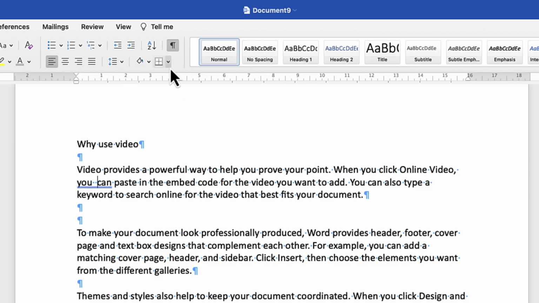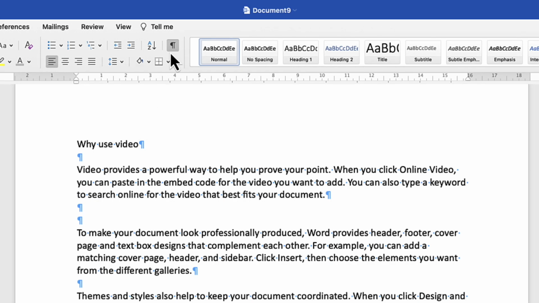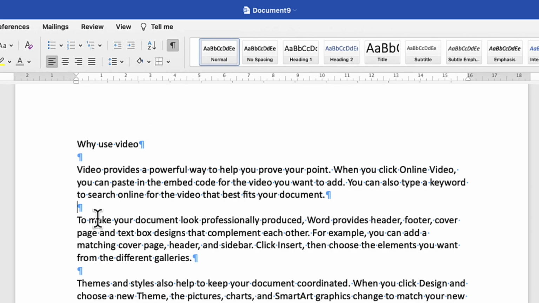For example, if I turn off Show and Hide, other than it being underlined, you can't easily see that there's an extra space in there. Once you've got the Show and Hide tool on, it's quite evident that there's 2 dots instead of 1. So we're going to leave this on for a while. I'm going to delete one of the spaces in between the sentences, and now you can see there's 1 space